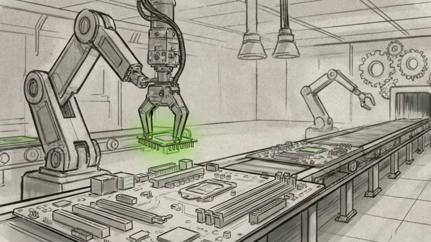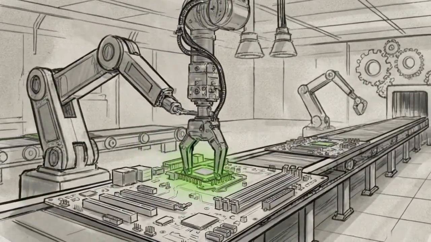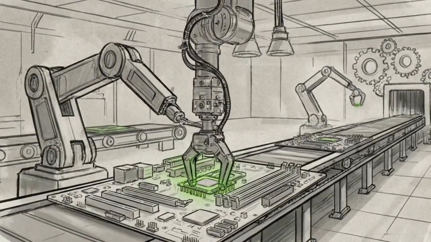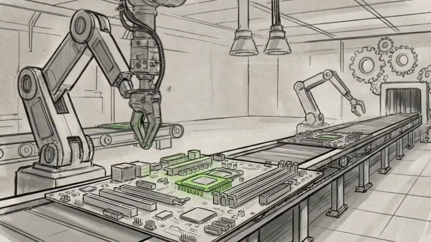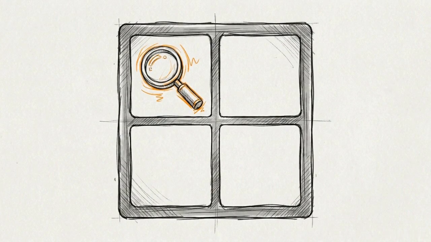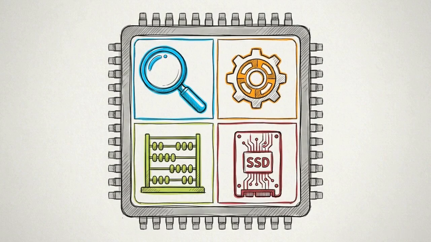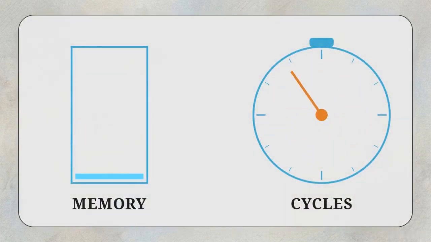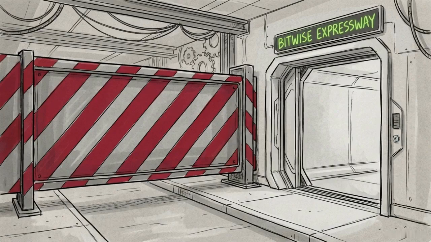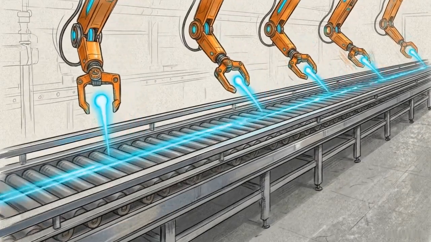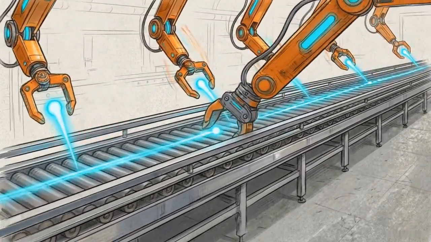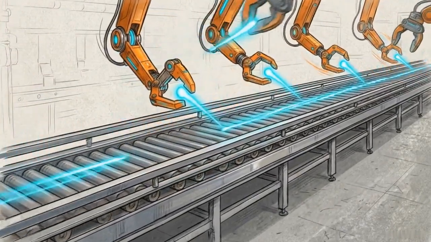That translation takes effort. Standard arithmetic acts a lot like building a product piece by piece on an assembly line. It requires the processor to read the high-level math, convert it, calculate it, and store it, all of which uses up memory and cycle time. Bitwise operators are the tools that let us bypass that heavy lifting. Instead of asking the processor to do human math, we can manipulate the raw binary data directly as it moves